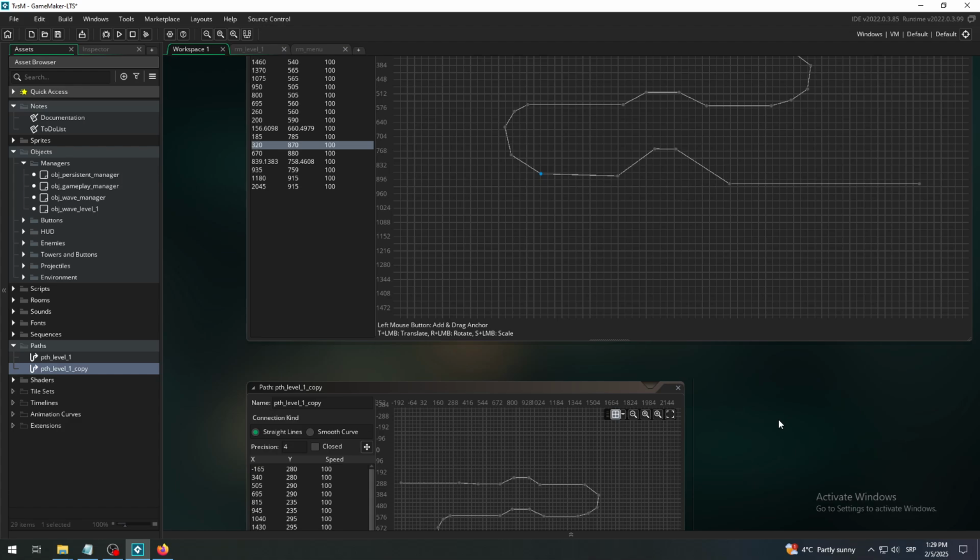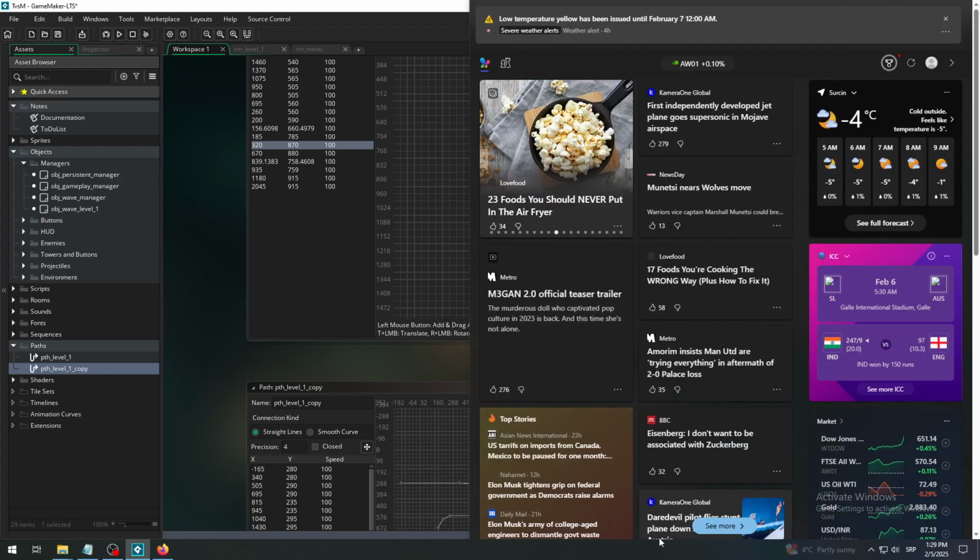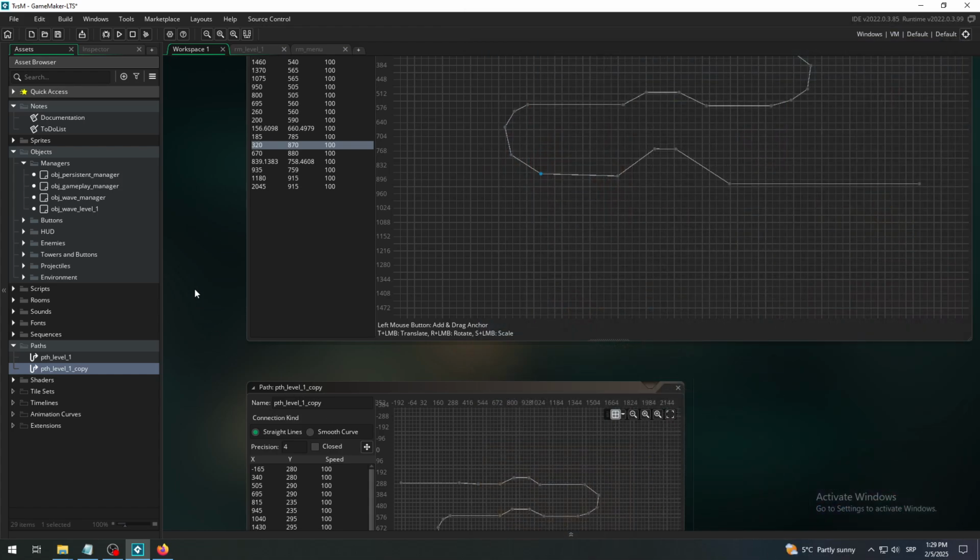In today's video we are going to learn how to add an enemy path in the Game Maker Tower Defense tutorial template, Towers versus Monsters, or however it's called. In the previous video we learned how to edit an enemy path. Now we're going to add one from scratch. It's very similar and easy, and it should be